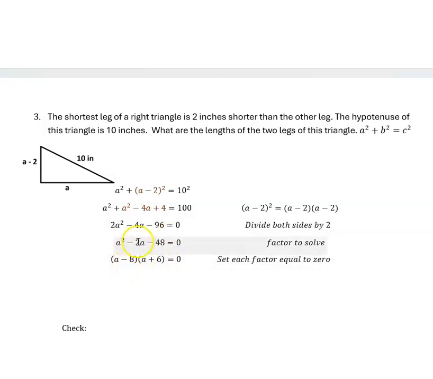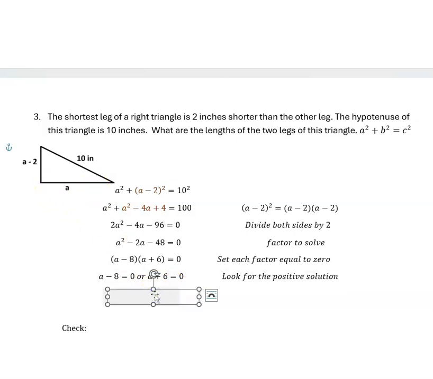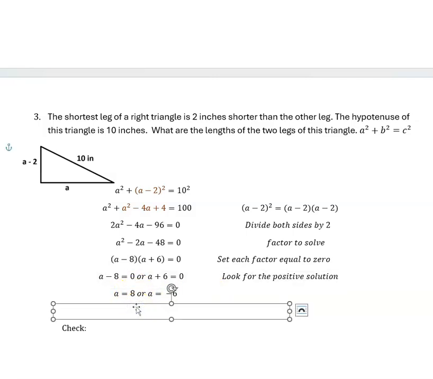8 negatives, so we have 2 more negatives than positives, and then we're going to set each of these equal to 0 in order to solve. And we get a minus 8 is 0, or a plus 6 is 0. And again, we're always looking for the positive solution because we have a length of a side, and we can't have a negative length of a side. And so that gives us a equals 8 or negative 6,